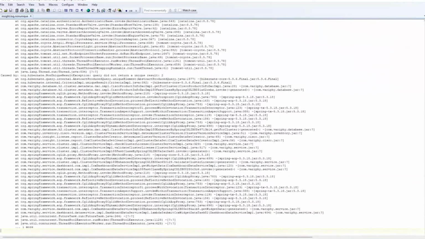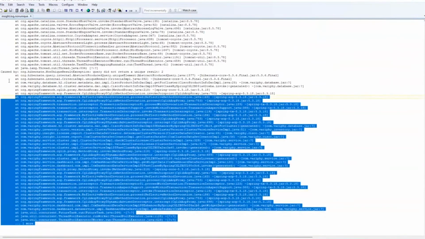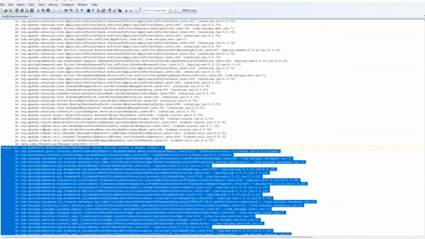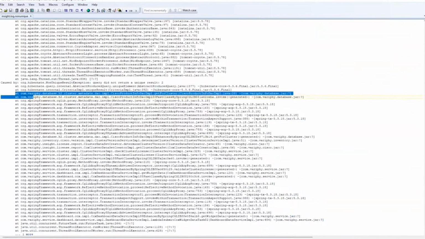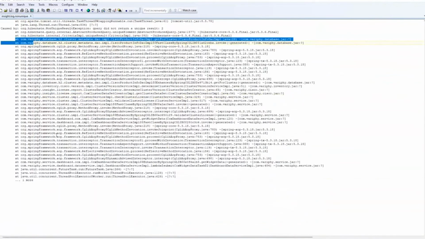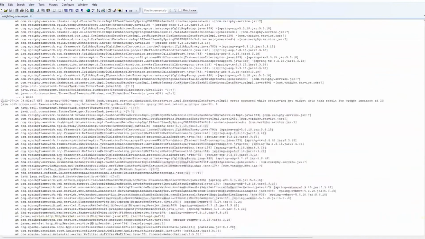So even starting at the bottom, we can see this is what's going on. Definitely, if you see something like this, "caused by," with all of the "at"s in a row, and each row with "at," this is the error. Scroll to the top, look for that timestamp, and that's where the error begins.